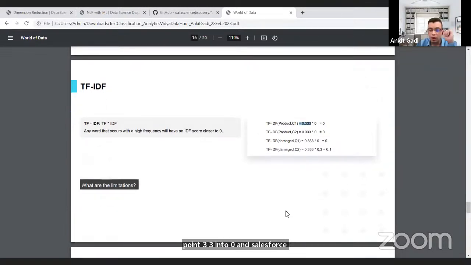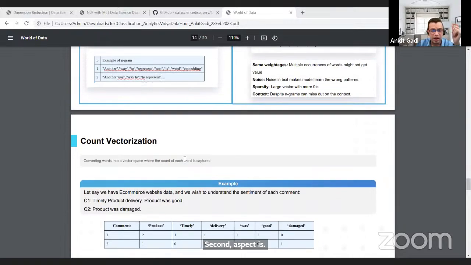Okay. What are the limitations? Now I will address, so I will just quickly go through only the specific parts where somebody has talked about. So yes, context in count vectorizer is getting missed. Second aspect is